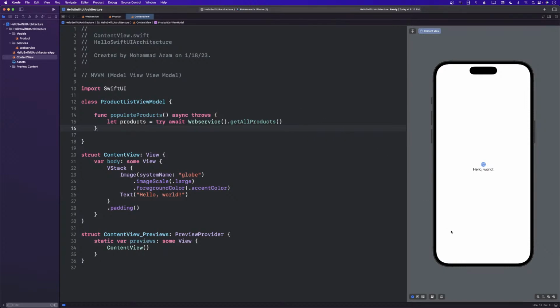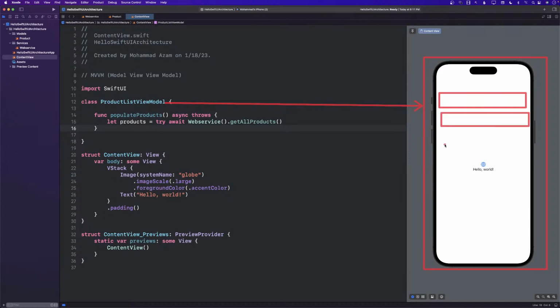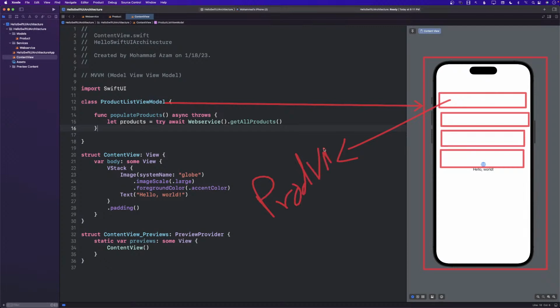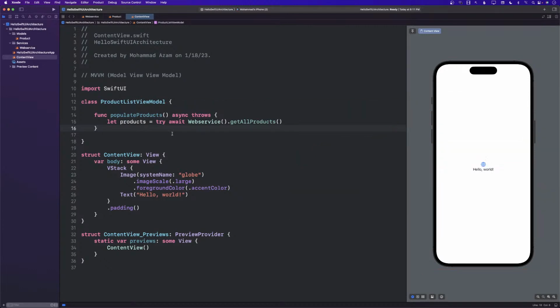To give you an idea, this whole screen will be controlled by product list view model, but the individual items of the screen, which will represent a single product, will be controlled by some other view model, which we will call product view model, which we don't have, by the way. So we have to create the product view model. So let's go ahead and create product view model.